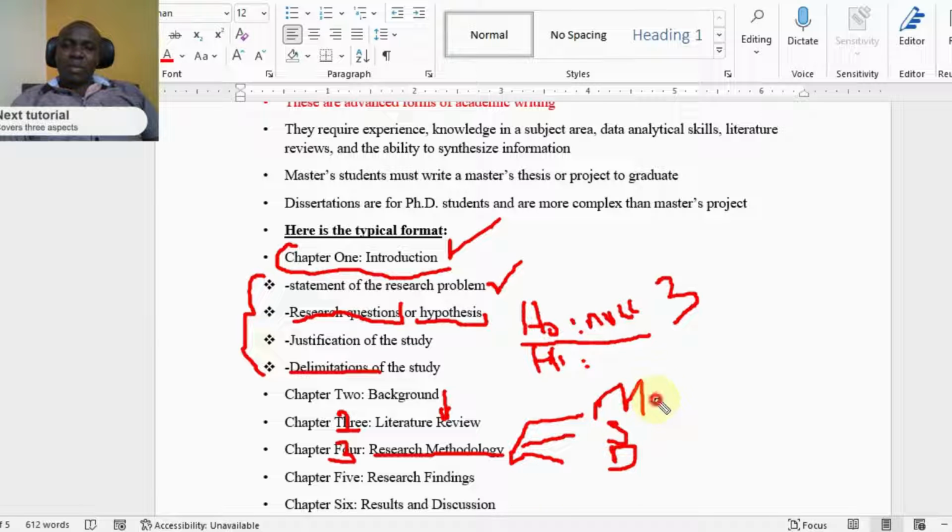There are a number of methods. Research could use